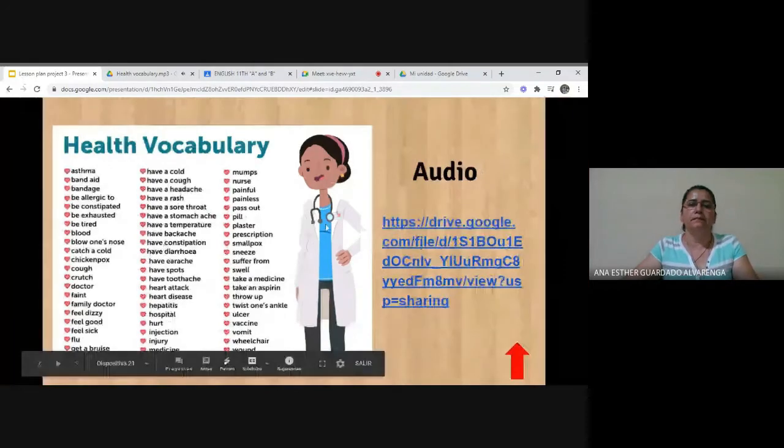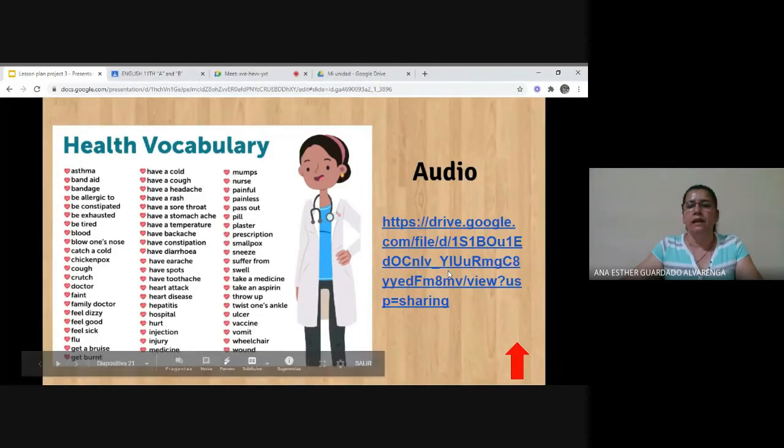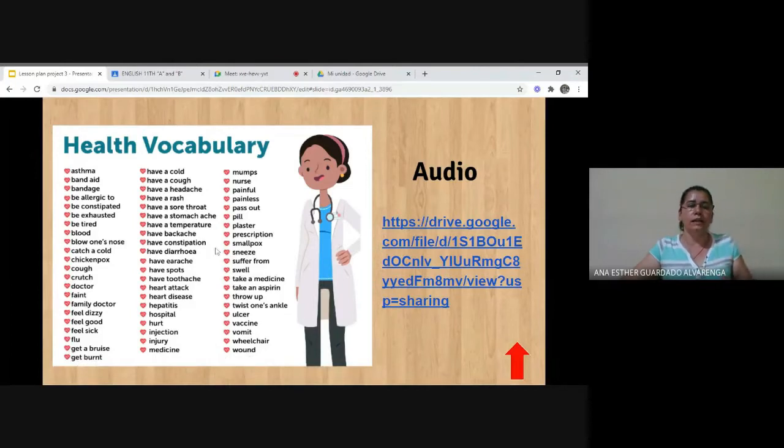Listen and repeat after me. Health vocabulary. And Band-aid. And the students are going to listen the vocabulary in order to get familiar with the